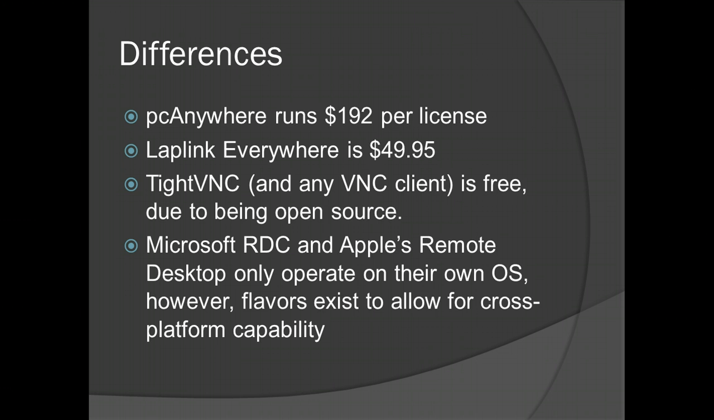Some of them are a little more expensive than others. PC Anywhere, Symantec's product, is about $200 a license. It's a full-featured suite. You can literally do anything from video conferencing with it to sharing files, sharing control, everything like that. The LapLink isn't really that popular anymore. It was used once upon a time. It's a cheaper license, and it does basically the same thing. Some of these others here,